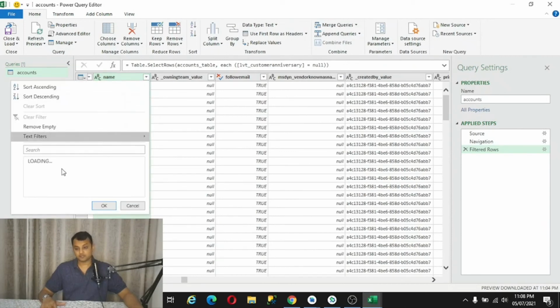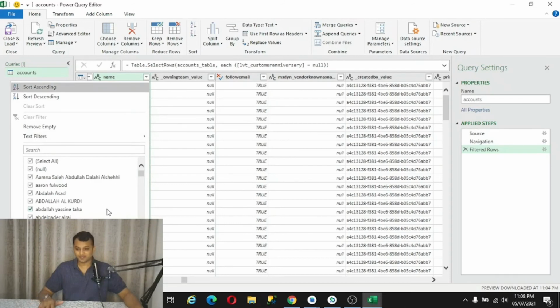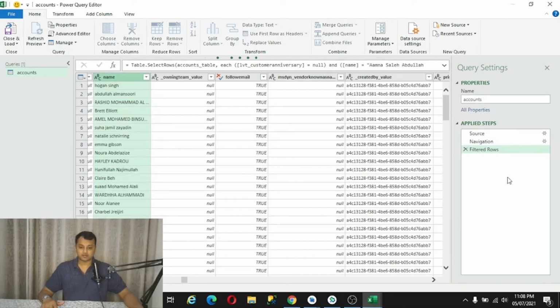Okay, I'm going to select only one record. I should have done this earlier. I'm going to select 1, 2, 3, 4, 5, 6, 7, 5. Click OK. So it's only 5 records which I want to load.